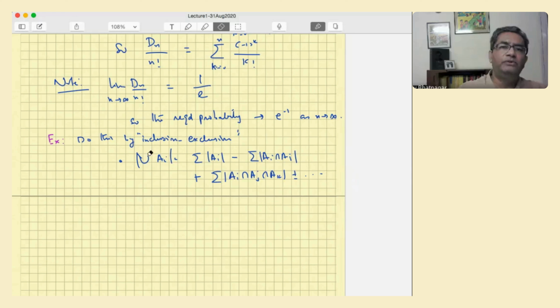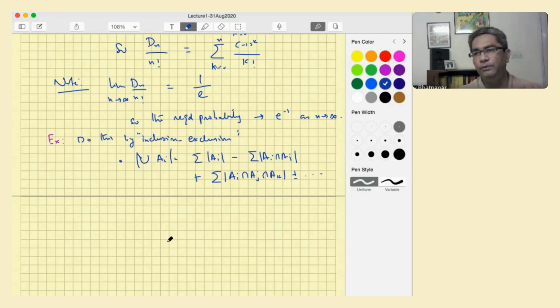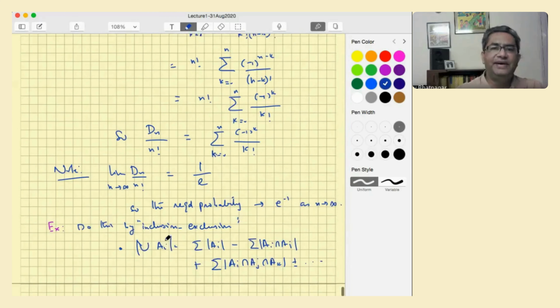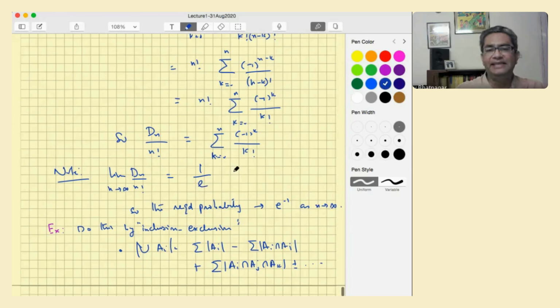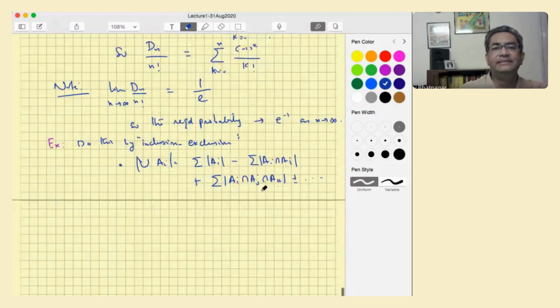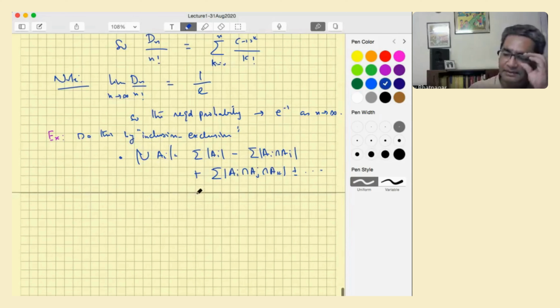Yes, so Montmort was very excited about this problem, and he couldn't solve it initially. And then Bernoulli gave a solution. These were hot problems in the 1700s, and one can see why. This is quite remarkable. It's a non-trivial theorem, even though it comes out very easily for us.